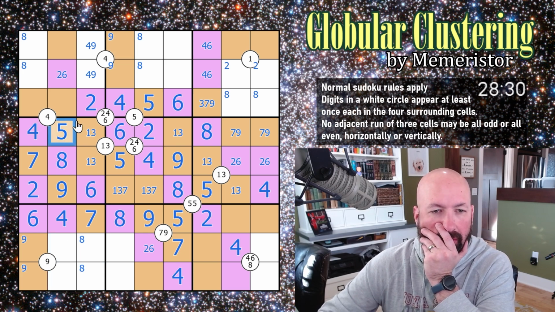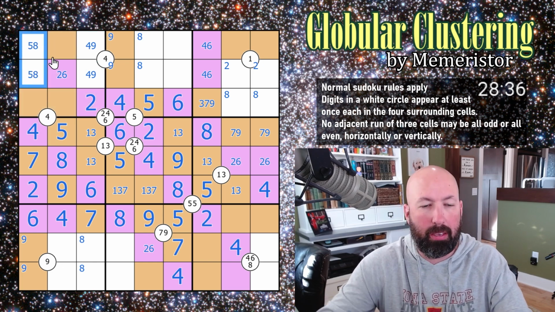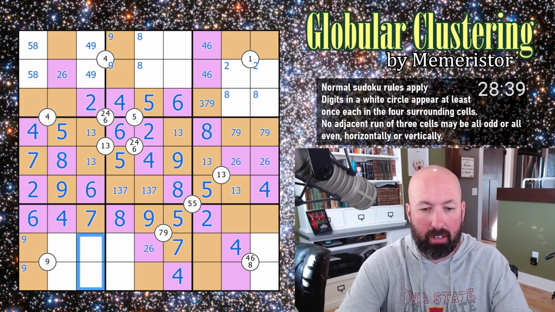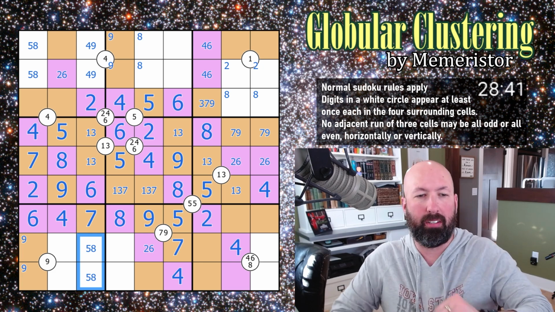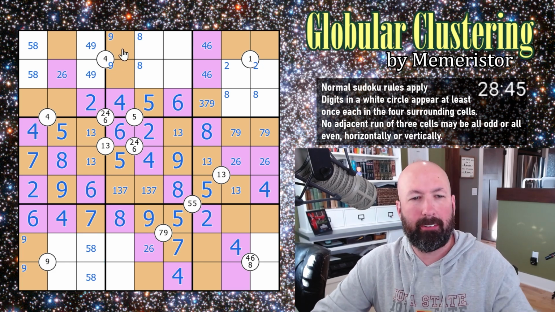5, 5, 5. Okay, so the 5 in this box can't be in any of these, and it can't be there. So the 5 is here. This is a 5, 8 pair. So the 5 is down here, making that also a 5, 8 pair. So that's kind of interesting. Okay, and then